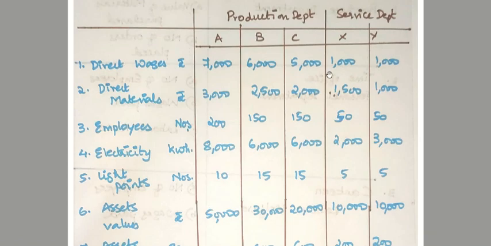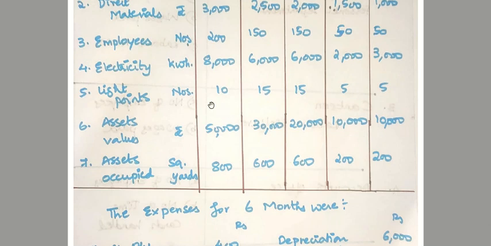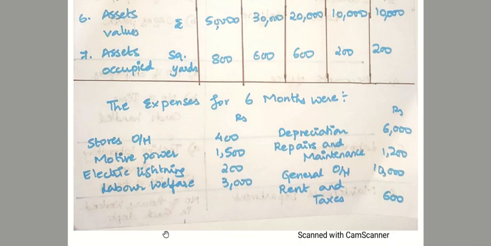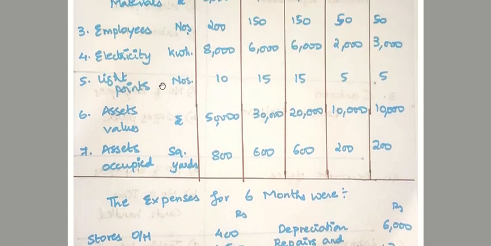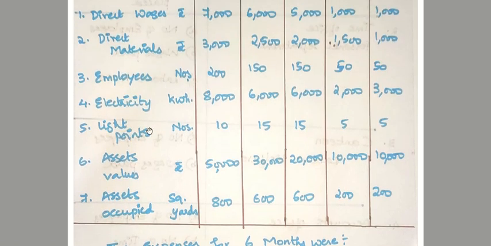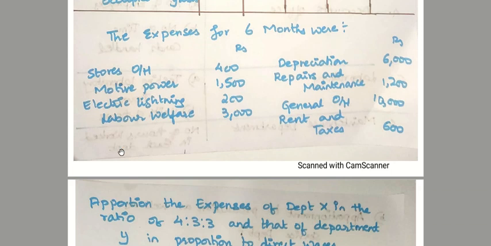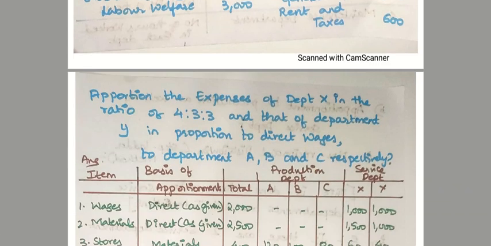So now you're supposed to find out the ratio for all these bases. Depending on this ratio only we'll apportion the expenses. So we have our expenses, which is stores overheads. Stores overheads will be apportioned based on materials consumed. So if you see in your question, we have our materials consumed or your direct materials. So based on that you will apportion it. Like that, each of the expenses we will apportion it. While we are looking into the sum, we will look into that.